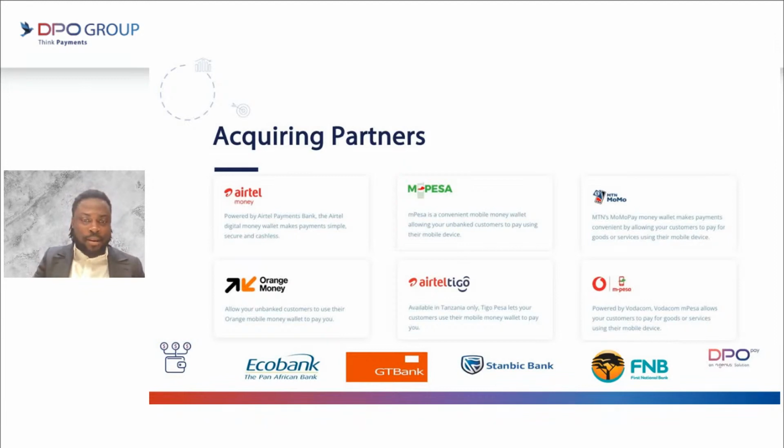Some banks in Ghana have been part of the success story of DPO. And let me say that across Africa, we work with about 40 banks. And this makes it possible for us to provide the sort of solution that we do provide to merchants all over Africa and beyond. And so in Ghana, we have forged partnerships with EcoBank, GT Bank, Stanbic, and FNB,